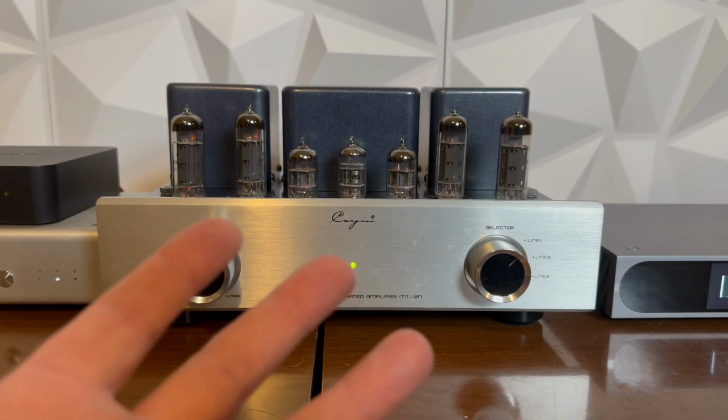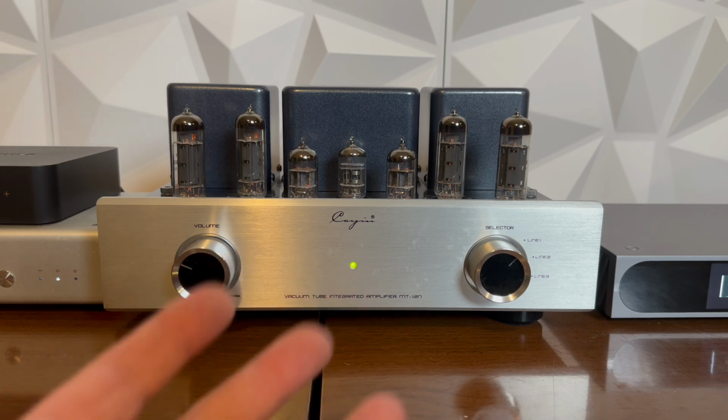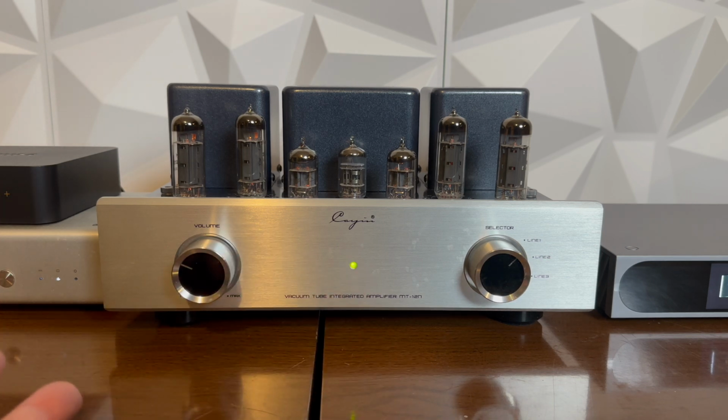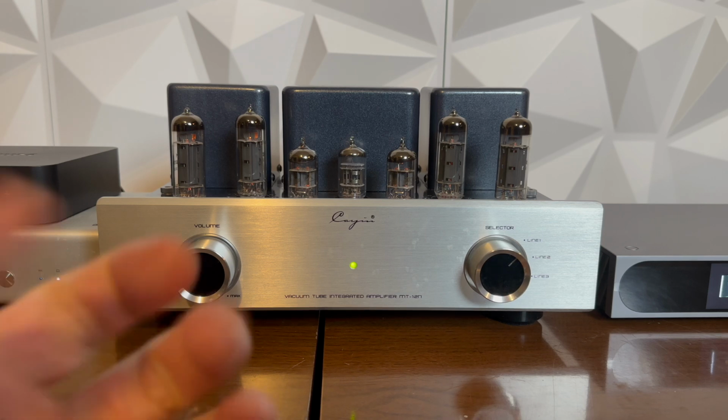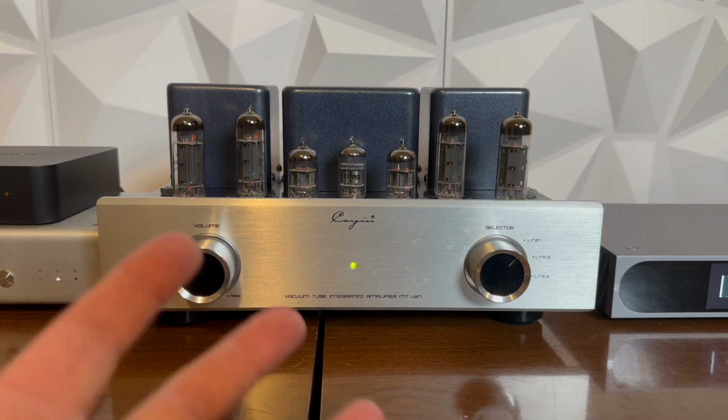guitar amplifiers. Sorry, I had to spit that out. So, a lot of the references to tube quality and tube sound go back to the guitar world. Guitars sound great. So if you're kind of into rock and metal, this is a great kind of tube